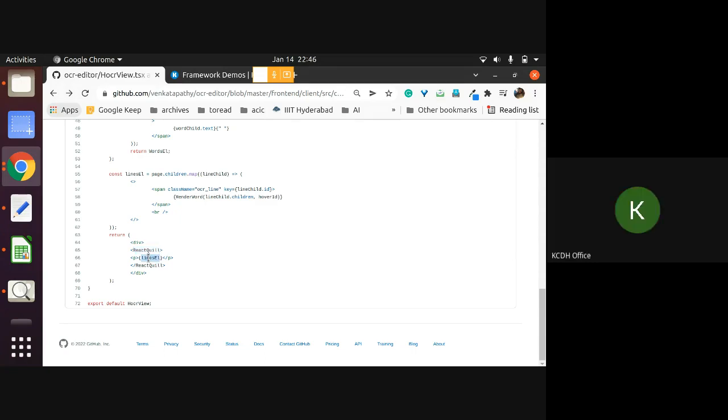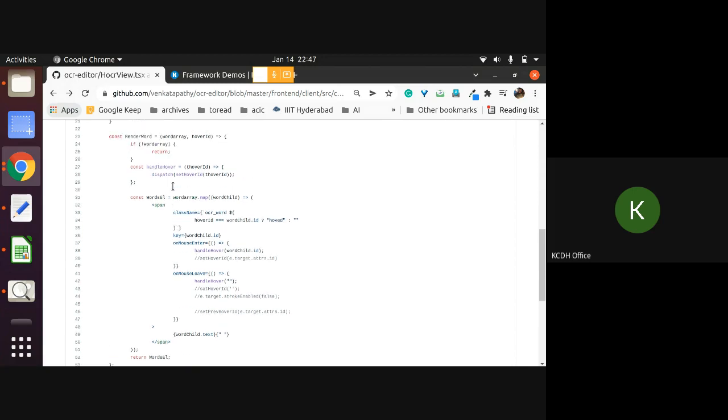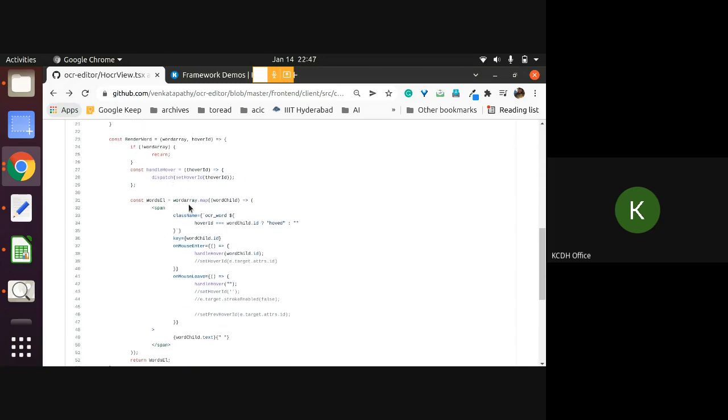Yeah, it's very simple. It might look complex, but once you get into the code, the logic gets simpler. Basically, you display a list of lines. A line is nothing but a span called OCR line, within which there is an array of words, and the array of words is called in this function. So for each child of line, that is for each line, you get the words, and word does the same thing. It maps a word element, which is ultimately another span called OCR word, in which you have these mouse enter and mouse leave events again.